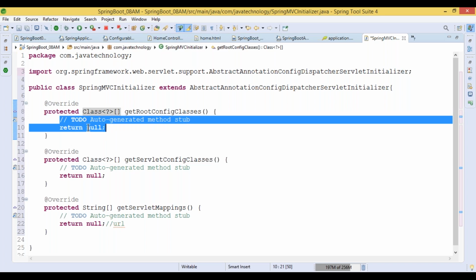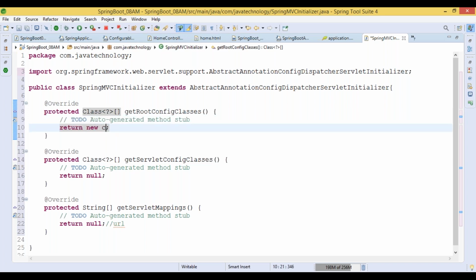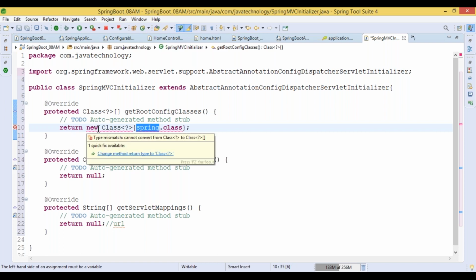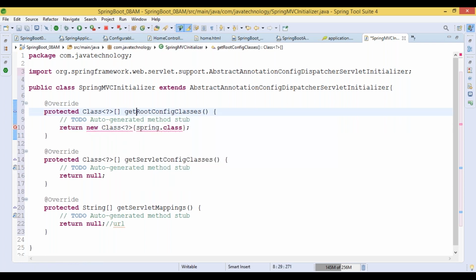So how are we going to write? Simply new class, and here we'll focus on, simply I'm writing a String.class. Just focus on this, it is some filter class or a listener, whatever it is. Those information we are going to write inside the root package.